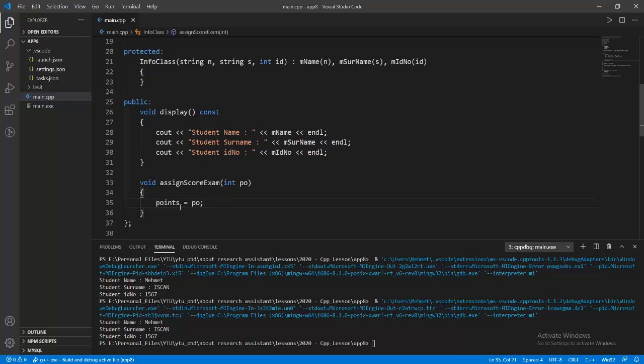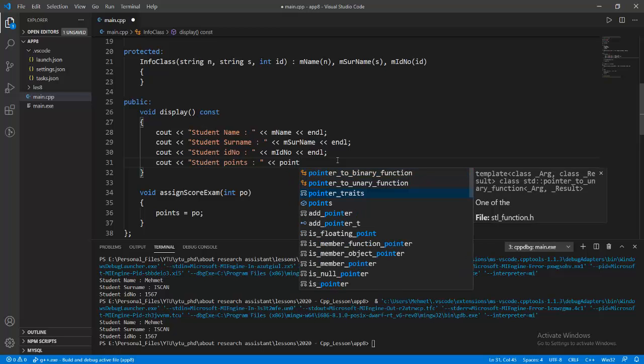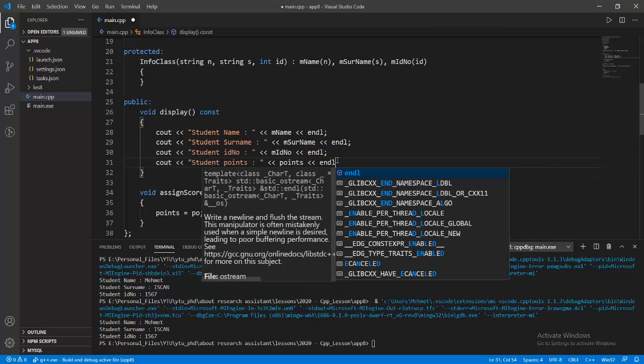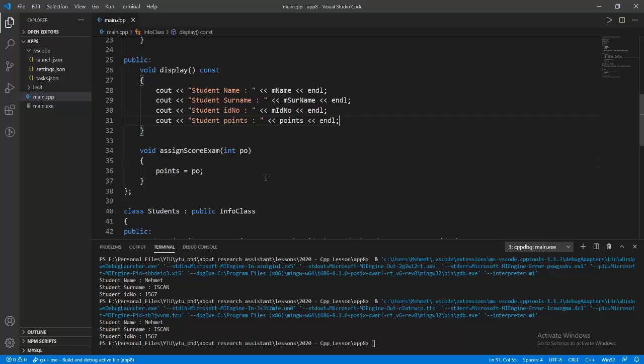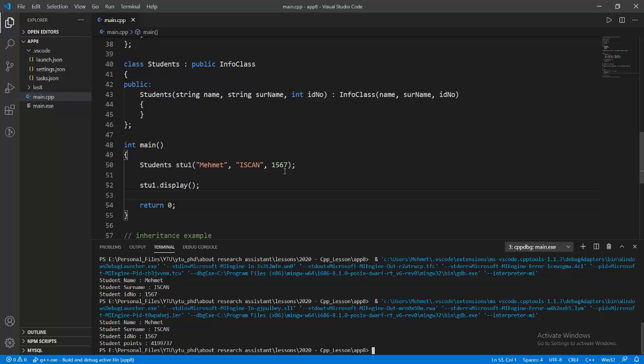Then if we assign the exam score point in here, we can display the score of the points at this point. Okay, student points in here, and the points can be given at this section. Okay, and then if we rerun this program, then we have Mehmet İşcan 1567 and the student points at this point